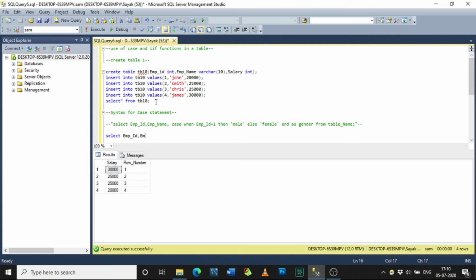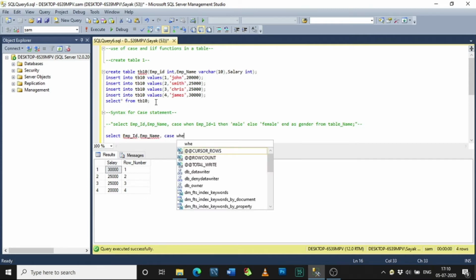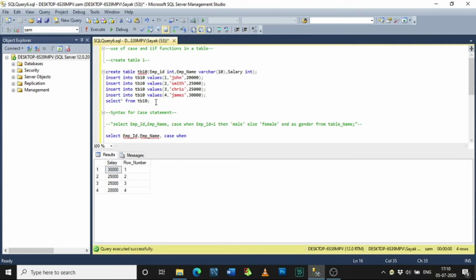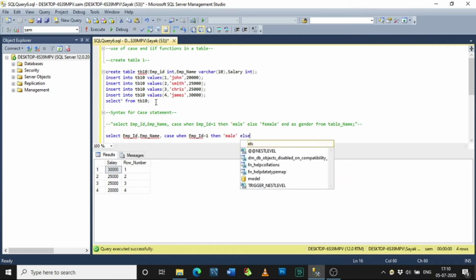Now writing the command the same as the syntax: select employee ID, employee name, case when employee ID equal to 1, then male, else female, end as gender from TB10. This means that only for employee ID 1 the gender will be considered male, and for the rest of the employee IDs it will be considered female.